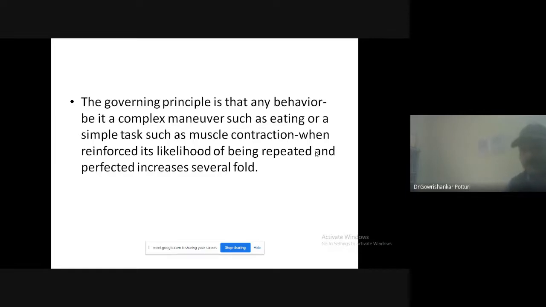So here, operant conditioning, you might have learned Pavlov's experiment in your teaching methodology. In master's degree, you might have learned about it in learning, and also in psychology at the BPT level, you might have learned Pavlov's laws of conditioning. For you to remember, I can tell you that one. Dog and the meat. Every day he rings a bell and then gives the food. So the dog gets saliva. After that, even if he doesn't see the food, when the bell is ringing, he gets the saliva. Do you remember this experiment?